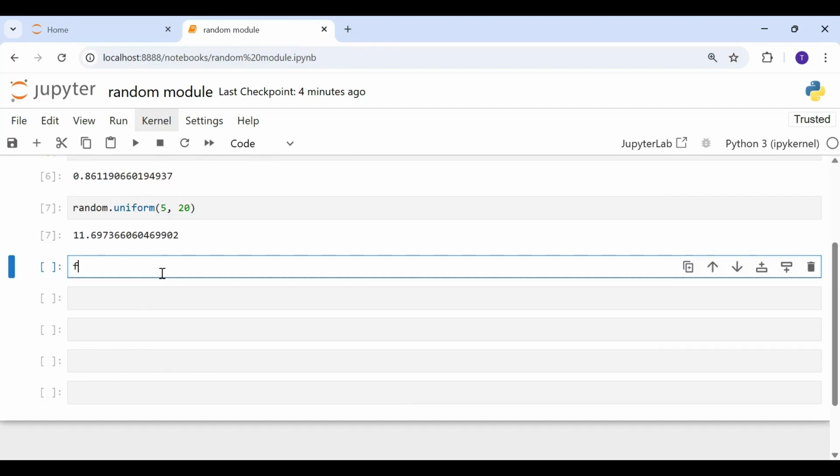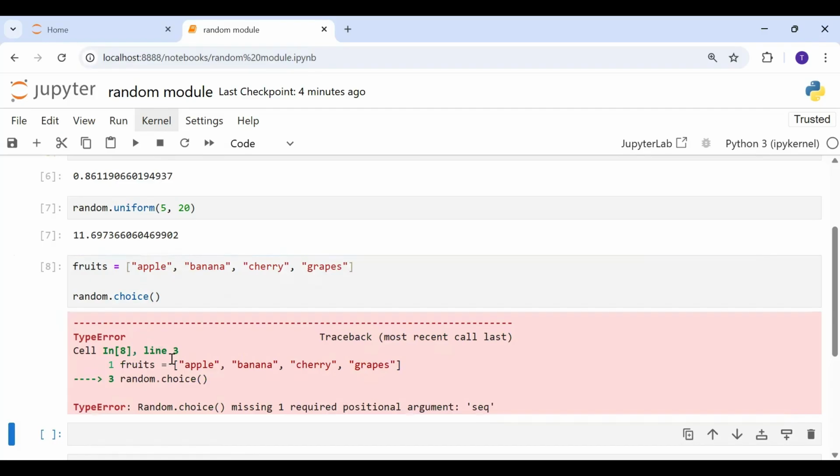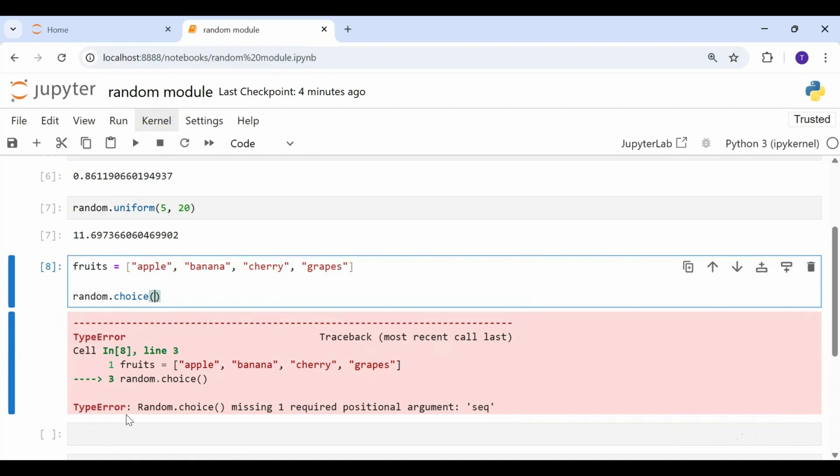Now let's say we have some list of items, a list of fruits. So I have this list called fruits with 4 fruits in it. And I want to randomly pick a fruit. For that, we can use random dot choice. You have this function called choice, and it will randomly pick one fruit out of the choices available. So it's giving a type error. Why?